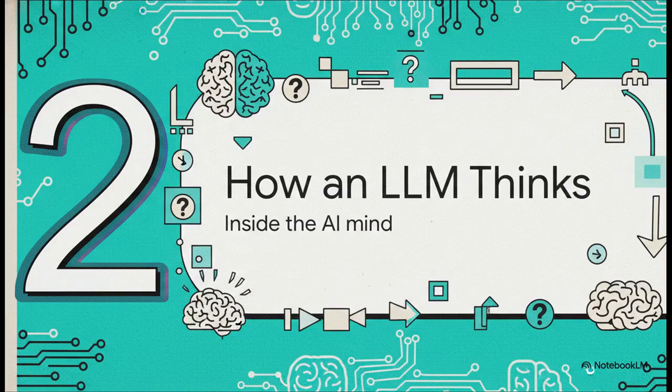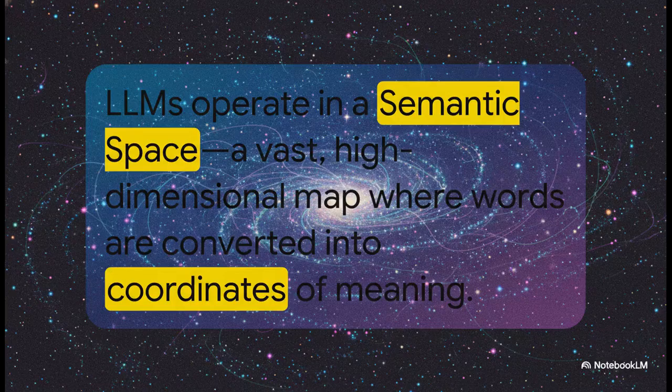Okay, so now that we've got the basics down, let's do what we came here to do. Let's peek inside the mind of a language model. How does an LLM actually use this whole similarity thing to think? So the first and most important thing to grasp is this. You have to stop thinking about words as just text. Inside an LLM, words get turned into coordinates, like points on a giant, high-dimensional map of meaning. We call it semantic space. And really, it's less like a dictionary and a lot more like a galaxy, just filled with constellations of concepts.